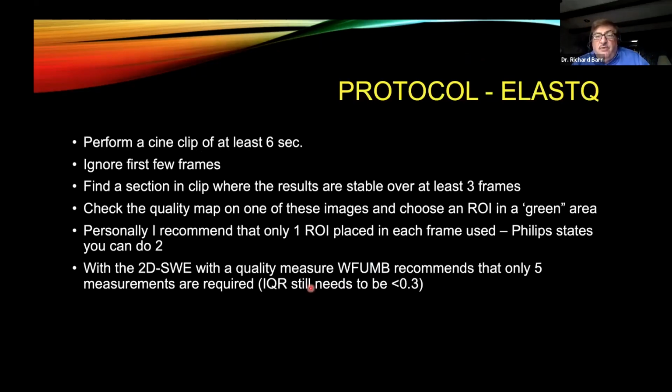So this is the protocol we like to use for ElastQ, or the 2D shear wave, since it's real time. We do all the things we've talked about: supine or right lateral decubitus position, probe parallel to the liver capsule between the ribs, patient holds their breath, stops breathing, all those things we talked about, placing the ROI about 1.5 centimeters below the capsule. Get the best B-mode image. Then when you ask the patient to stop breathing and you notice on the B-mode they stop breathing, you start collecting a cine clip. And a 6-second cine clip is probably adequate.